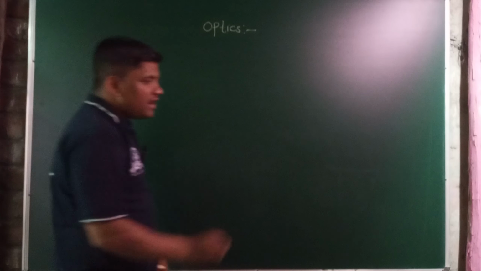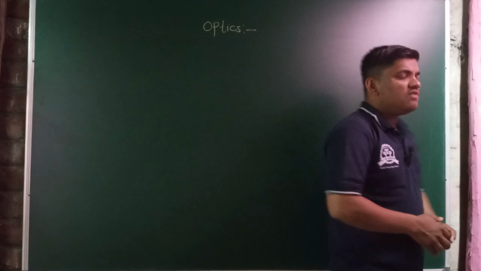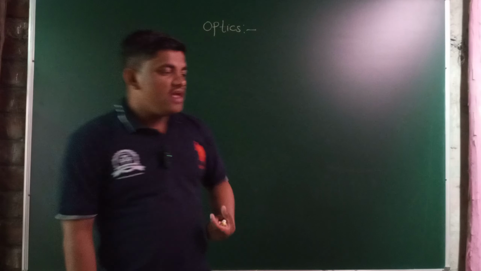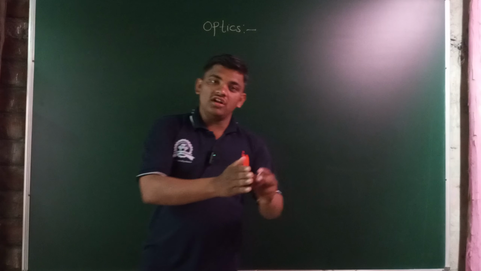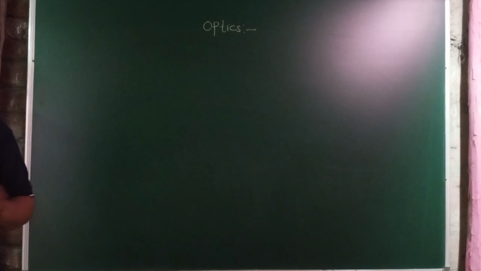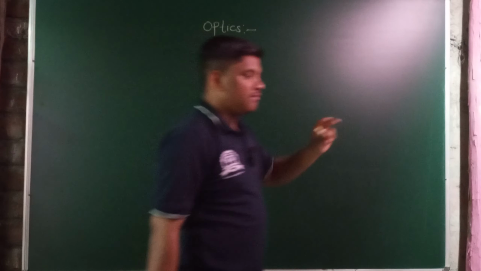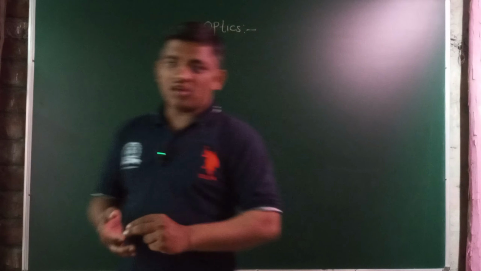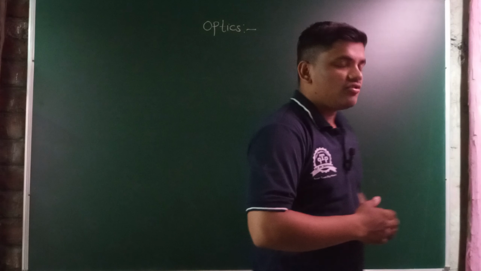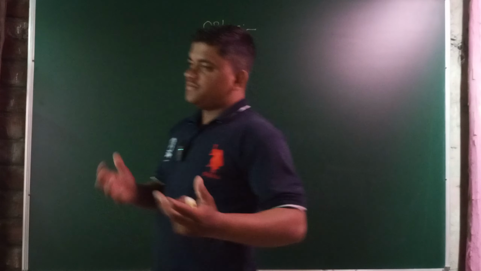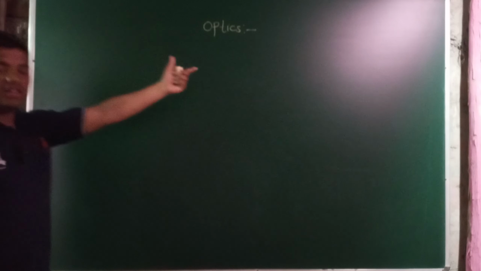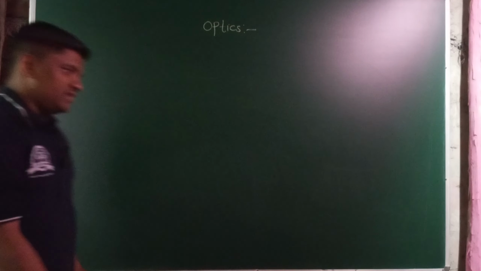What is the medium? Medium is the state of matter in which light shows its properties. It may be a solid medium, liquid medium, or gaseous medium. In that particular medium, light shows certain properties. The properties may be refraction, reflection, polarization, scattering, absorption, dispersion, interference, and many others. These properties are known as the optical properties.